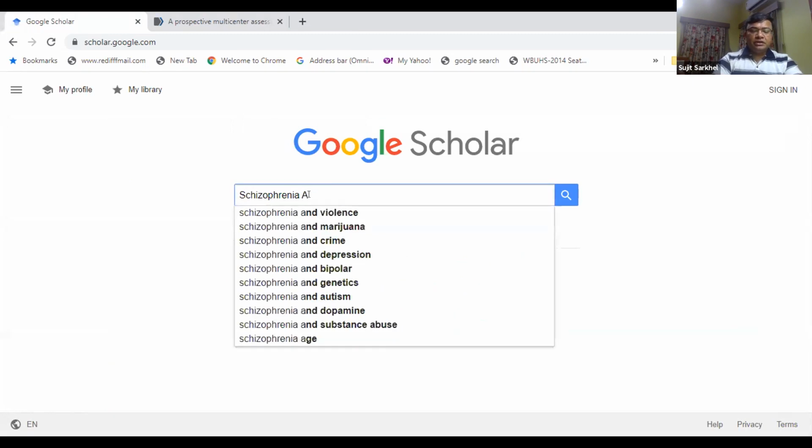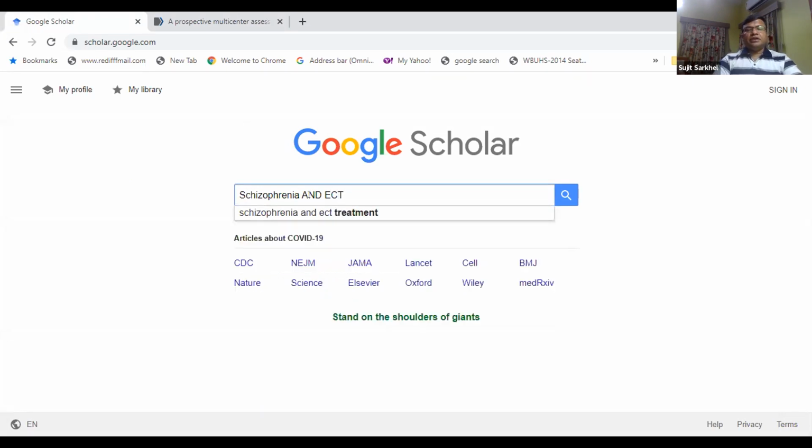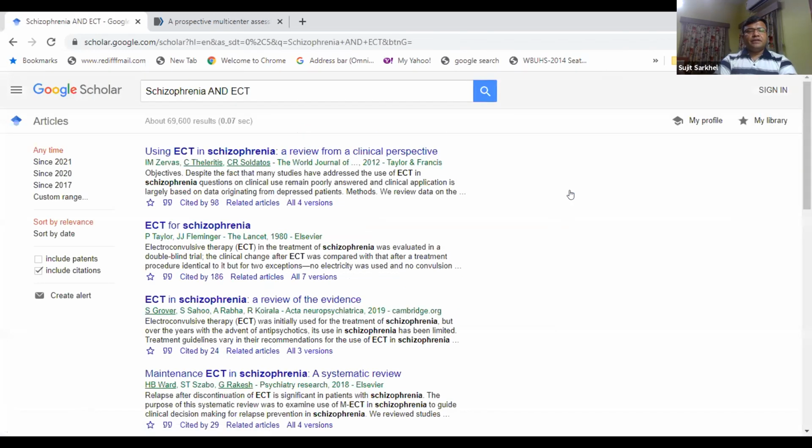Schizophrenia, then I'll be using a Boolean operator and ECT. So here I have used the Boolean operator and, schizophrenia and ECT. It yields 69,600 results. It is almost twice as was evident from the search using the same Boolean operators in PubMed. So the number of articles that have come up is much more.